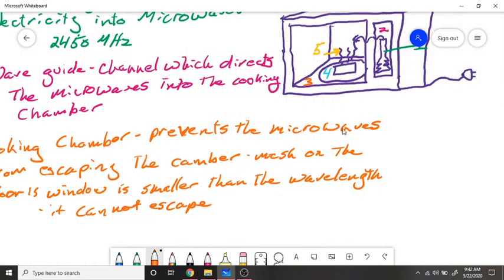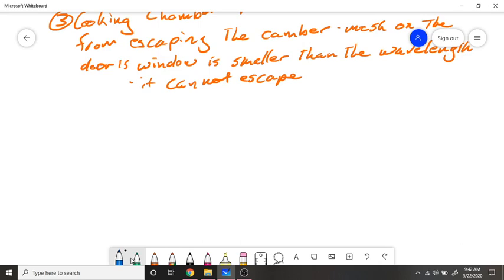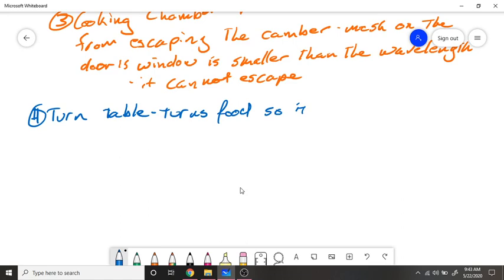All microwaves have a turntable, and when we did our experiment, I asked you guys to take the turntable out. This is so it turns the food so it is evenly exposed to the waves bouncing around. So the turntable turns the food so it is evenly exposed